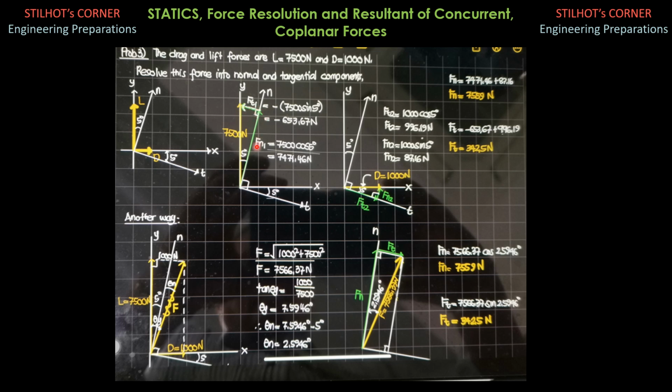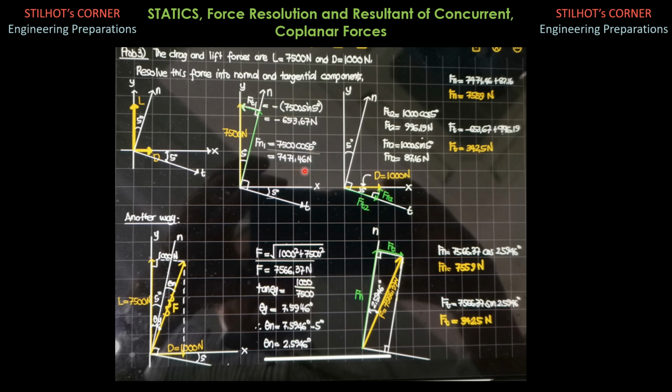So considering this right triangle, we observe that the normal component 1 and the tangential component 1 are in this figure here. Since the normal component of the lift force is directed along the positive normal axis, it is positive, while the tangential component of force is opposite to the positive direction of the tangential axis, so Ft1 is negative. So therefore, the normal component 1 is equal to the hypotenuse of the right triangle, 7,500 times cosine of 5 degrees. So it is